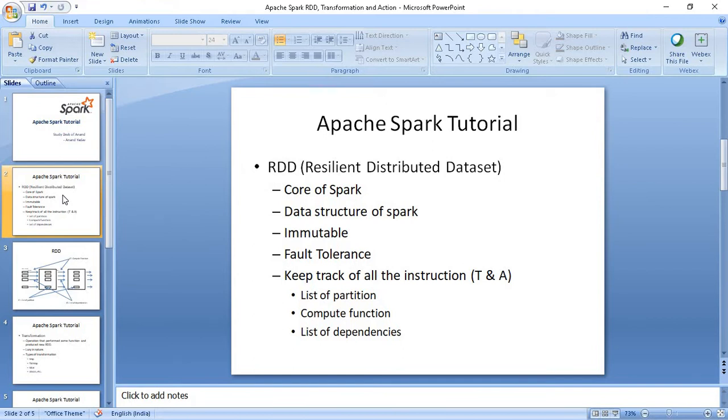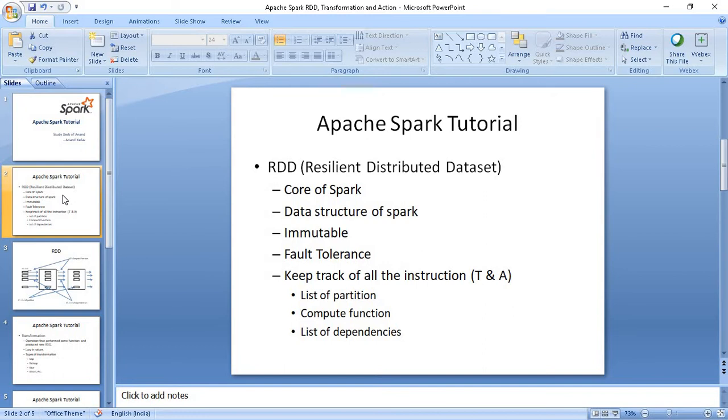Whatever actions, transformations, operations, anything that we need to perform, all of them can be done with the help of this RDD. In simple words, this is the data structure of Spark. And RDD is immutable in nature, which means once the RDD has been created, it cannot be changed, like a constant.